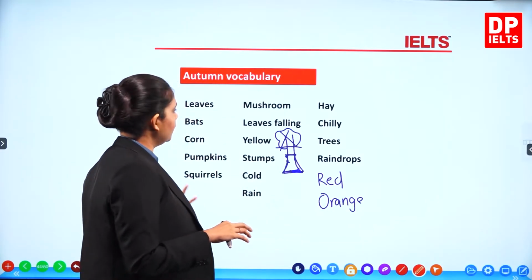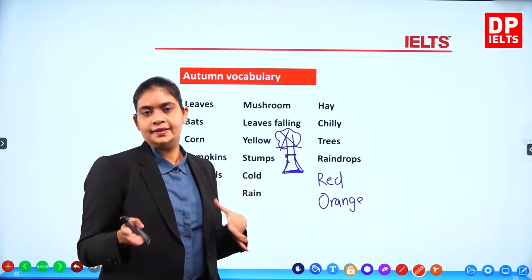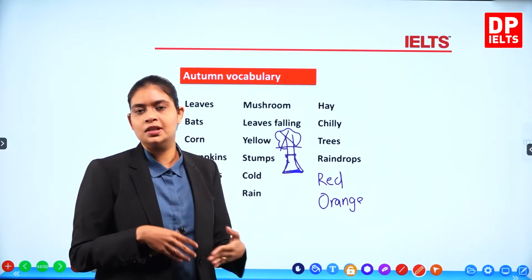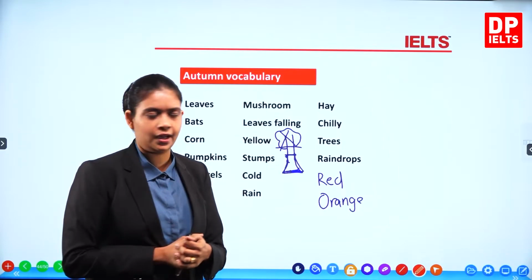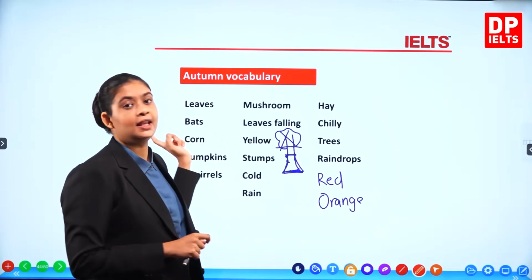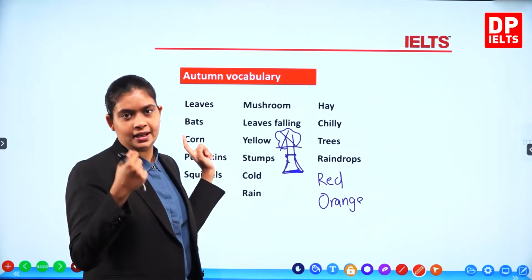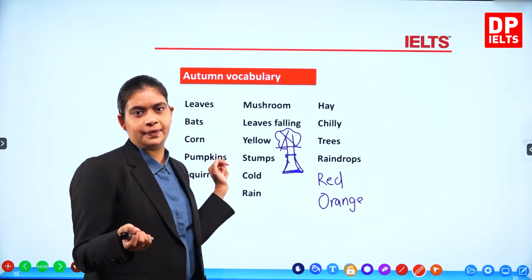So let's have a look at the pronunciation. Leaves, okay, leaves.